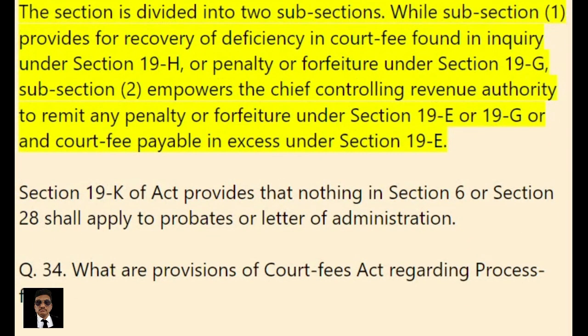The section is divided into two subsections. While subsection 1 provides for recovery of deficiency in court fee found in inquiry under Section 19-H or penalty or forfeiture under Section 19-G, subsection 2 empowers the Chief Controlling Revenue Authority to remit any penalty or forfeiture under Section 19-E or 19G and court fee payable in excess under Section 19E. Section 19-K of the Act provides that nothing in Section 6 or Section 28 shall apply to probates or letters of